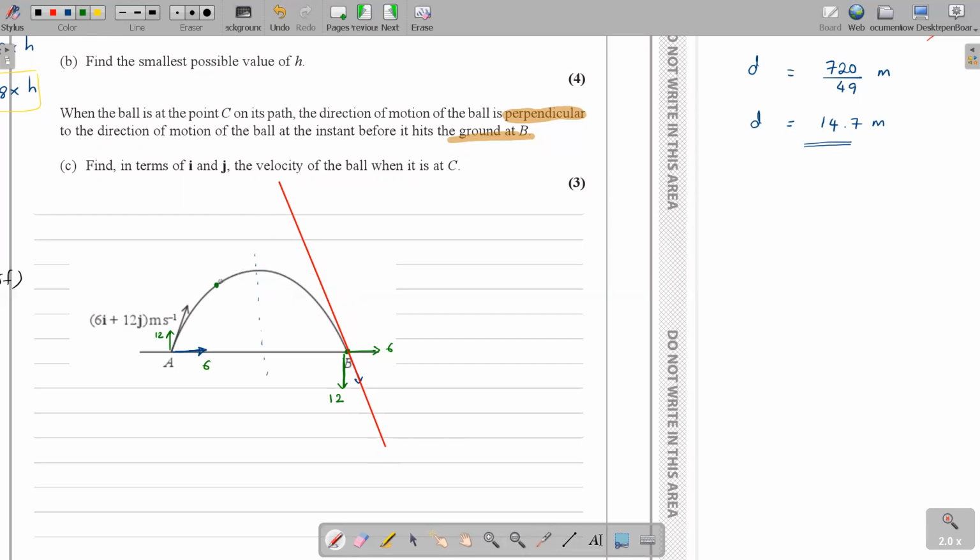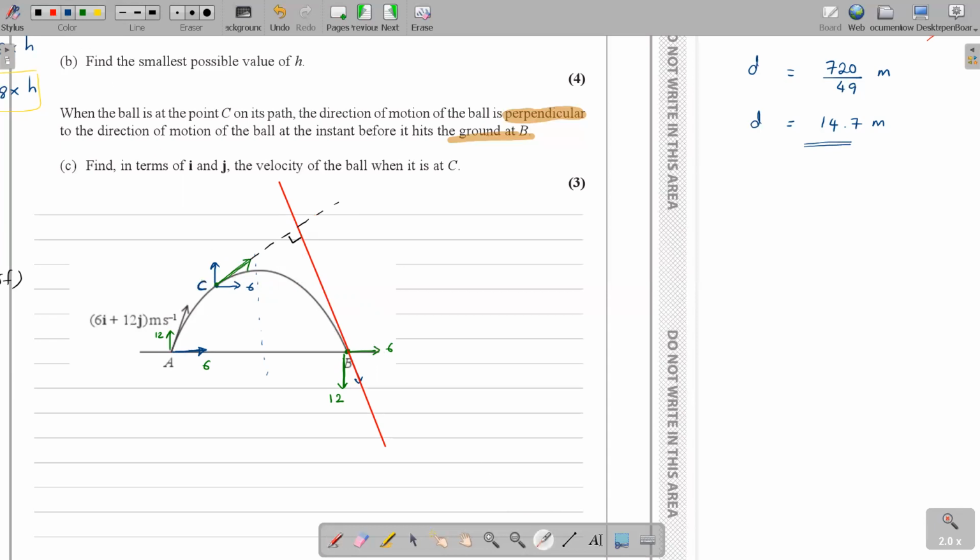Because if I take the direction as a tangent, this is the tangential direction. This is the 6, and this velocity, of course, the horizontal and vertical components, is an unknown. If I make this line longer, I think you all can see that there is a possibility that this can actually create a 90 degree. Can you see? So you can refine it a little bit. I'm roughly drawing it, so it's a rough diagram. Point C is roughly somewhere over here.